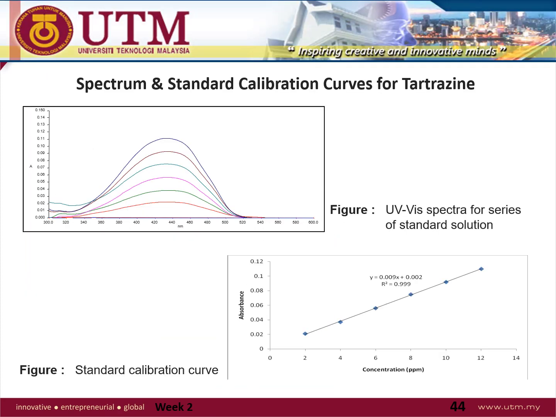Okay, so you see this is the standard. She ran standards too. It gives different absorbance levels at different concentrations. So it can be seen that this is linear, meaning that between 2 ppm to 12 ppm, the analysis can be done. If let's say you have a sample containing 5 ppm, then this calibration curve can be